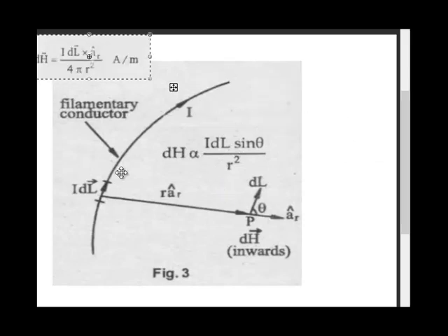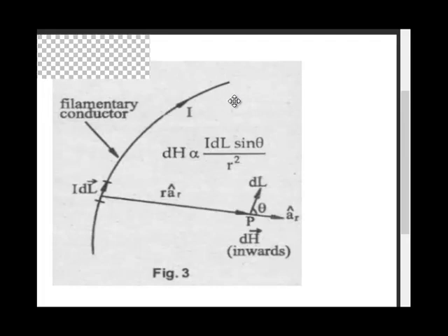Then if you want to calculate complete dH, this is only fractional dH, differential dH. But if you want to calculate complete dH, then we have to integrate over the complete line of integration. We have to integrate all the effects due to all the differential current elements. This is the first current element, then next will be the second current element, then the third current element. So the complete filament will be continuous current filament, continuous current elements present in cascade.